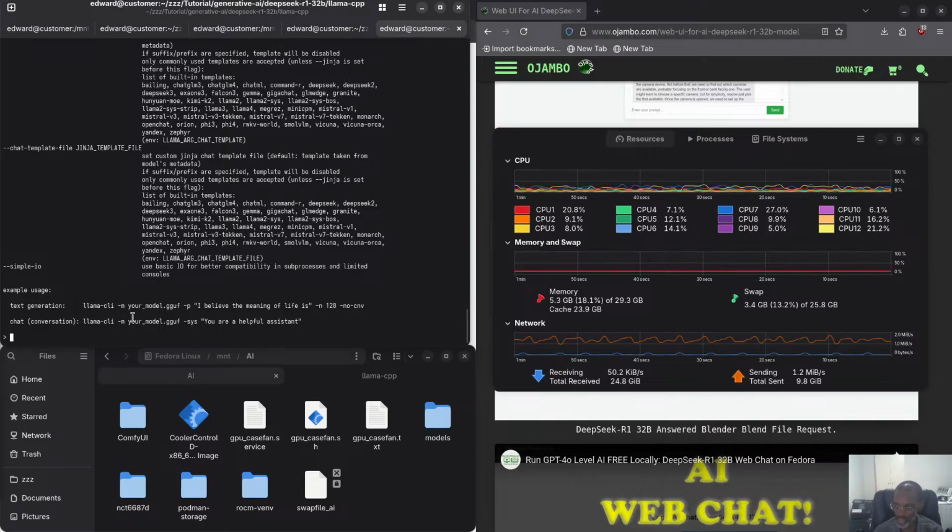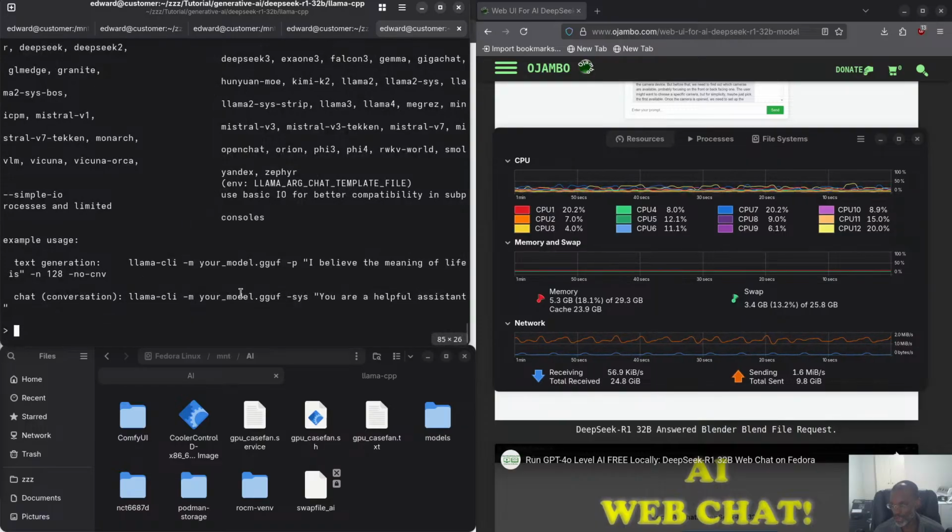So you can see here an example. Let me zoom in, sorry, I apologize about that. If you want some text generation, or if you want a chat conversation, all you do is type, in this case I just want text generation, so just type cli